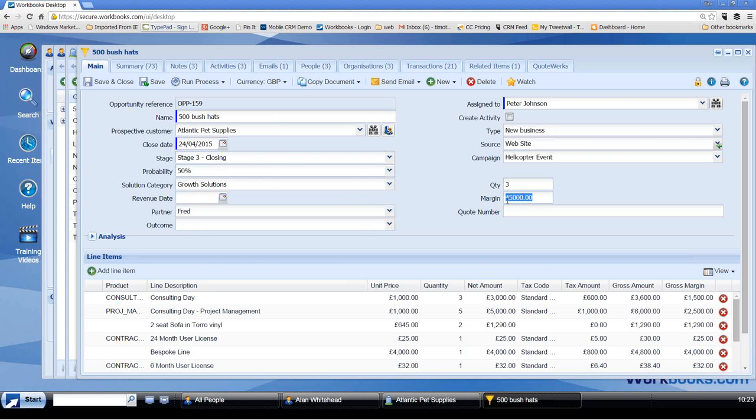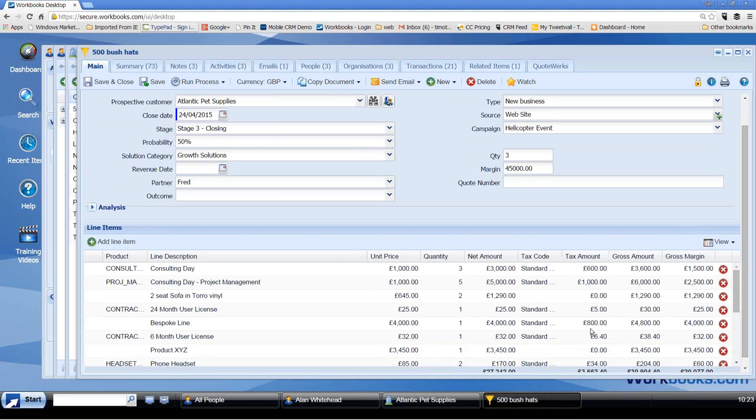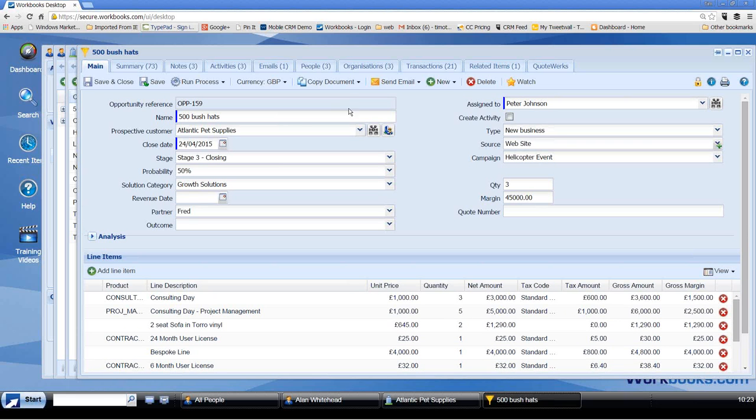What's the value of the sale? And you can, if you want to, then actually record all of the individual elements that build up this opportunity. Do you see down here in the bottom half of my screen, we can add items to that list of products and services we're supplying. And from here, this is one way of then creating a quotation or order or invoice. And there's also a way of tracking customer contracts in Workbooks.